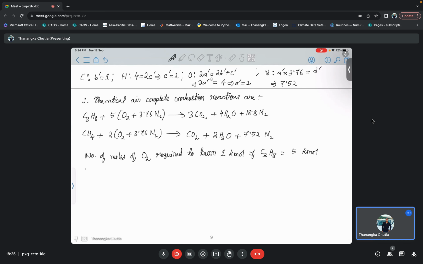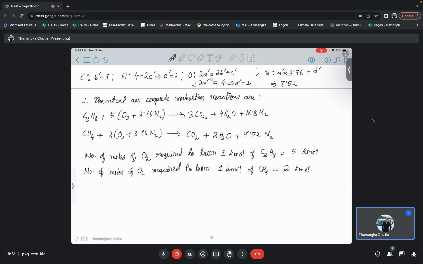From the reaction 1. And also number of moles of oxygen required to burn 1 kilomole of methane is equal to what? 2 kilomole. Okay, now this is for complete combustion, this many kilomoles of oxygen are required for each of the individual components. Now